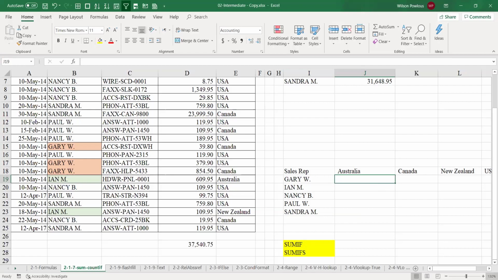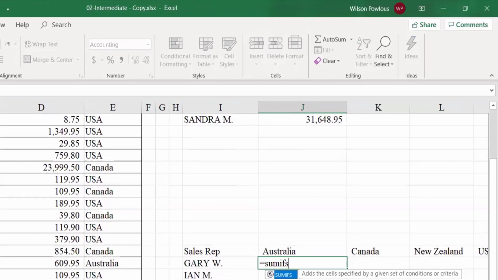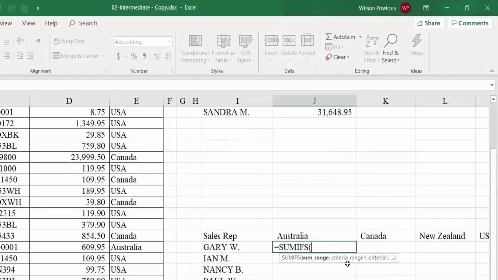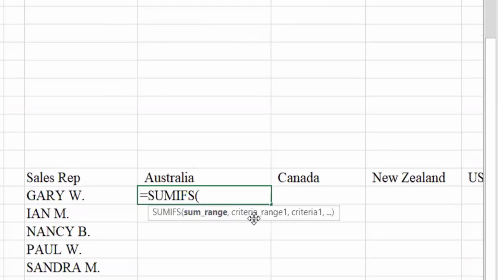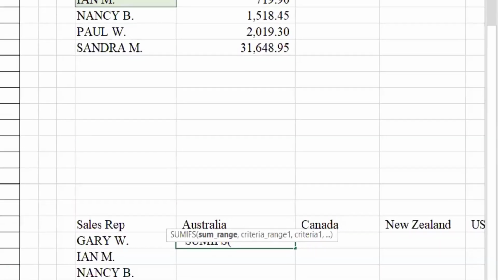And there is a little change in the syntax also. When I type equals SUMIFS and press tab, here the sum range is coming in the beginning. In the other SUMIF, the sum range was at the end and criteria range was at the beginning. So here the sum range is at the beginning. That means the sum range is this one.